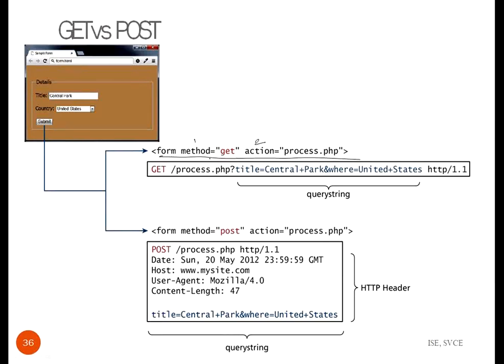If I specify method is GET and action is a particular server resource program that is going to execute based on the data sent by the form, it is going to process the form data as a server-side program. Consider here you can say title and country. When you click on submit, it is going to send the data like this in the URL. So you will be able to see all this information in the URL.